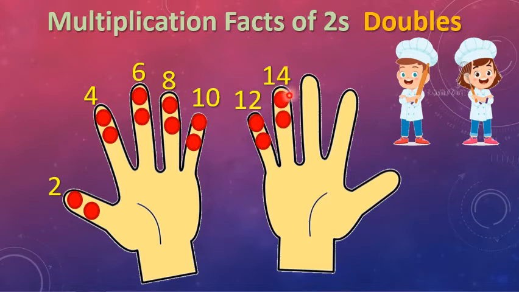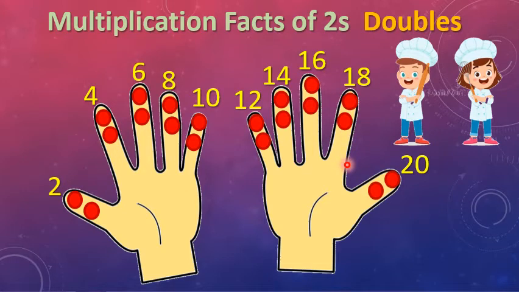12, 14, 16, 18, and 20. Then in your fingers, we have here 2 by 1 equals 2, 2 by 2 equals